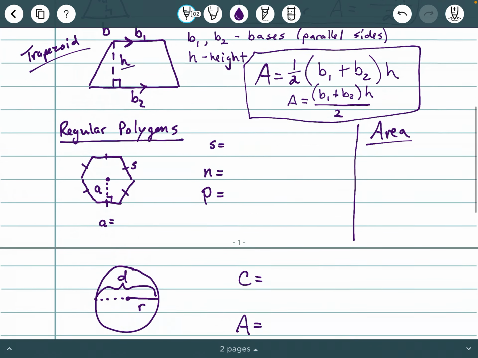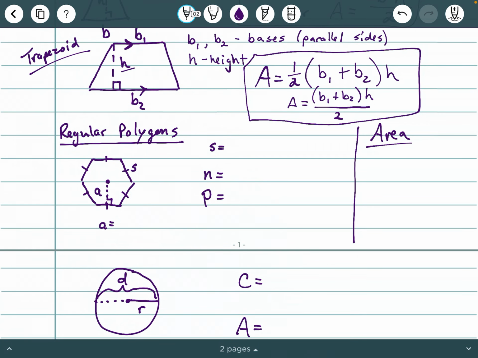And lastly, for polygons here, we have what is called a regular polygon. Now, we could have any other polygons. If there are 5 sides, we call it a pentagon. 6 sides is a hexagon. 7 sides is a septagon, S-E-P-T-A-G-O-N. 8 sides is octagon, 9 sides is nonagon, 10 sides is decagon, and after that we don't really need to